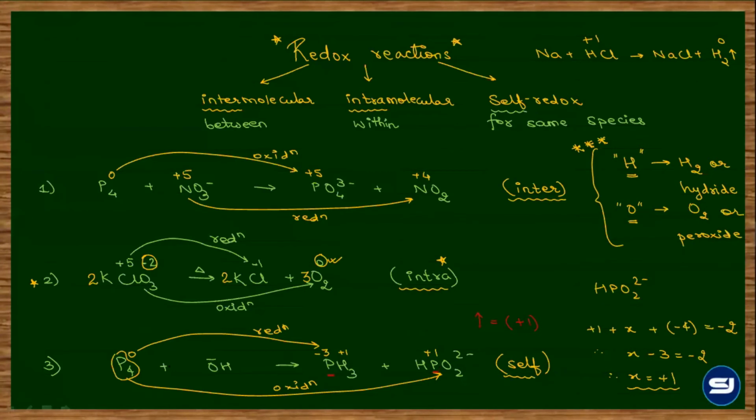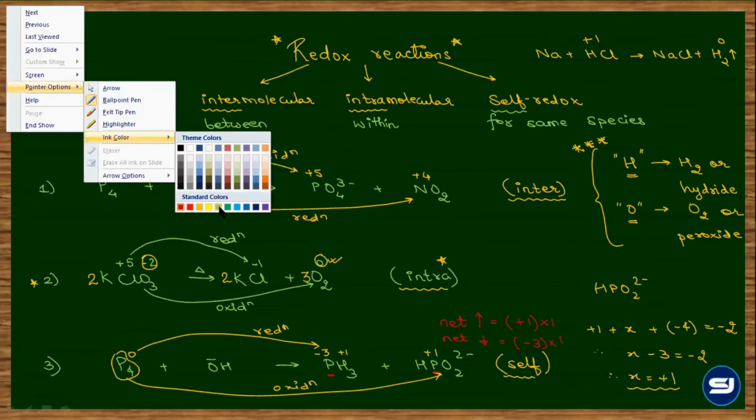ये four atoms आप consider नहीं करोगे. Just one thing, when you write the net increase, it will be with respect to only these atoms which you are observing on the right, meaning +1 into 1. Similarly, decrease कितना होगा? -3 का into 1. और उसके बाद के सारे स्टेप सेम ही है, कुछ फर्क नहीं है.